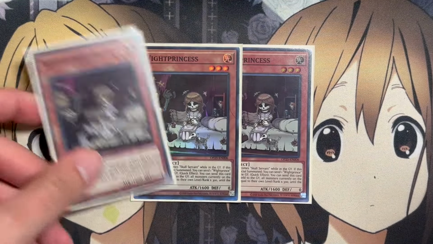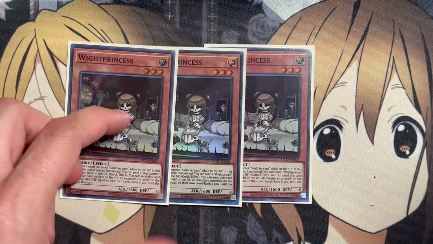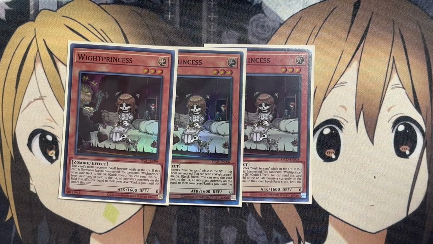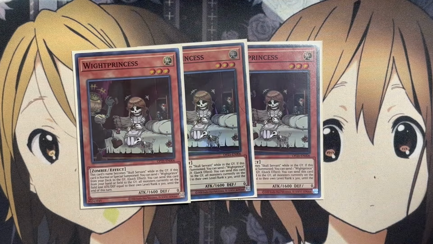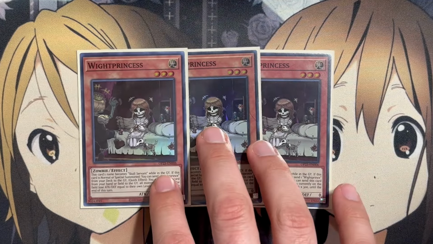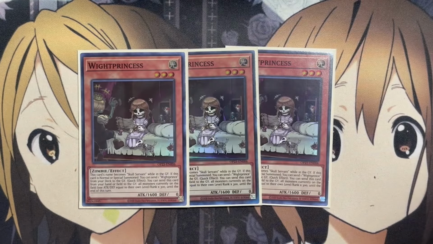If this card's name becomes Skull Servant while in the graveyard, and if it's normal or special summon, you can send 1 White Prince from your deck to the graveyard. Quick effect, you could send this card from your hand or field to the graveyard to have all monsters on the field currently lose attack and defense equal to their own level or rank times 300. So making your opponent's monsters weaker for your bigger monsters to be able to swing over them. And then also this card just being able to send White Prince sets up the play that we mentioned previously